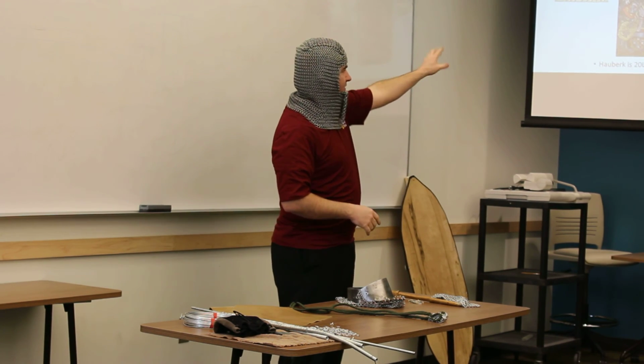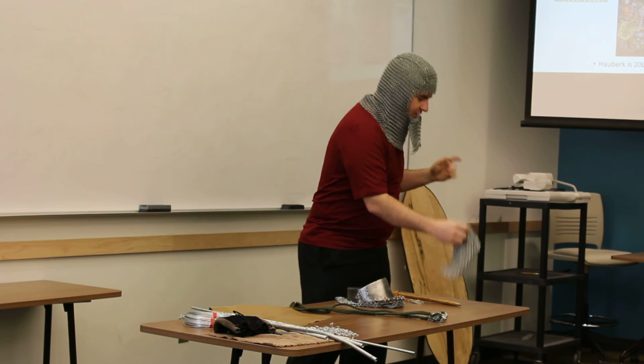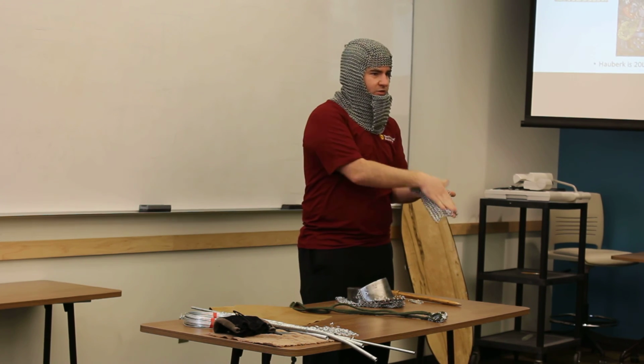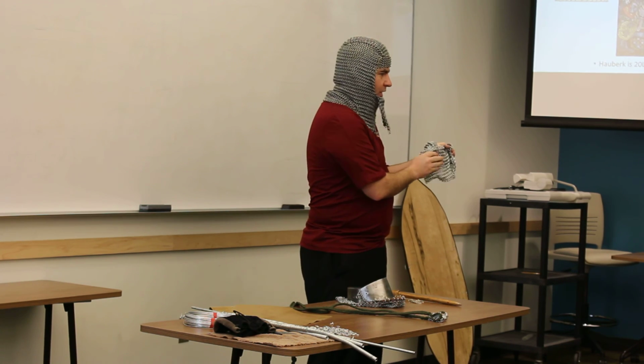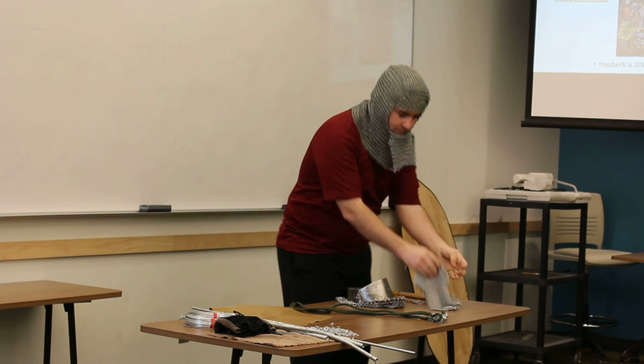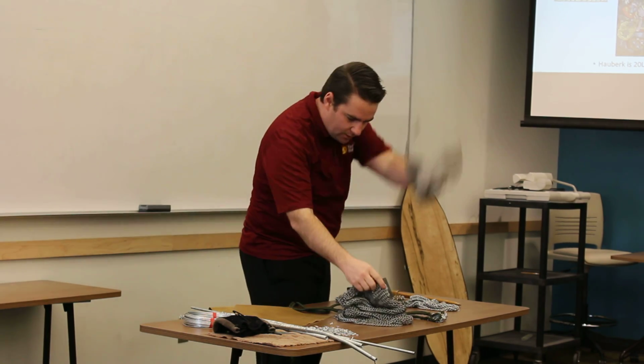That's improper. That's modern, and it's garbage. You would have it hanging straight. Now, I have pictures to prove that it's garbage, but trust me, hanging straight down, that's going to protect you. Hanging this way, you're not going to be able to move properly, so it won't protect you. Taking you off is way